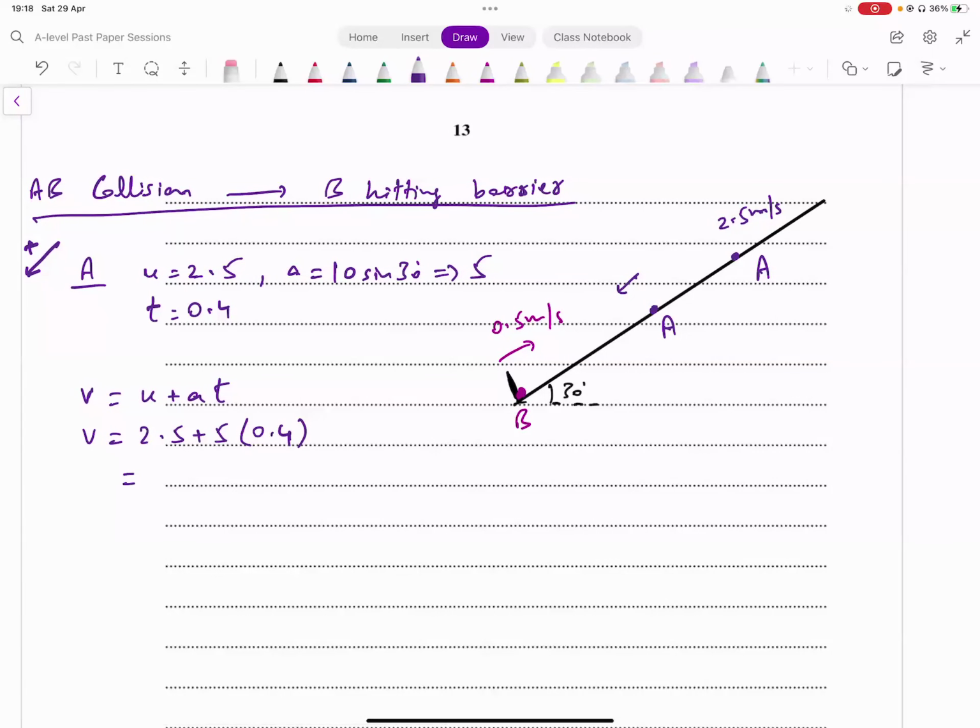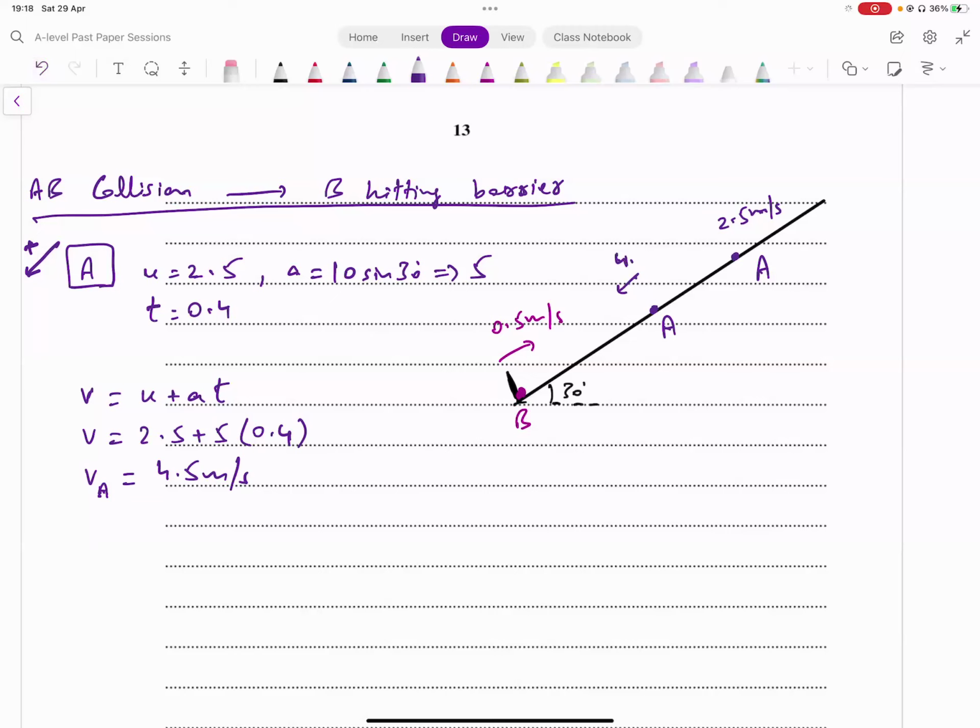What do we get from this? 2.5 plus 5 into 0.4, and that's giving me 4.5. ये आपकी A की स्पीड है at the time B hits the barrier. जब B ने बैरियर को हिट किया है उस पॉइंट के ऊपर जो A की स्पीड है वो कितनी है, 4.5 मीटर्स पर सेकेंड. ये हम उस पॉइंट पे पहुंचे हैं अभी तक सर,